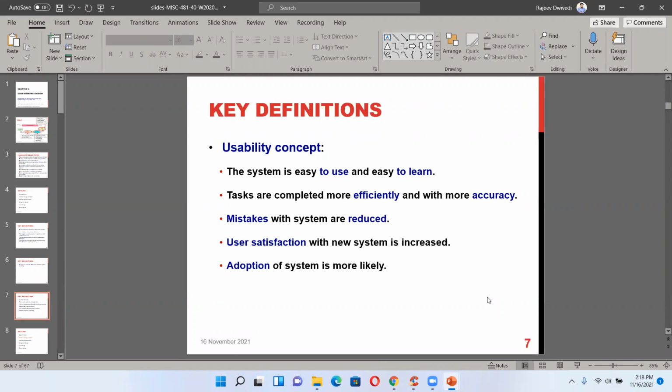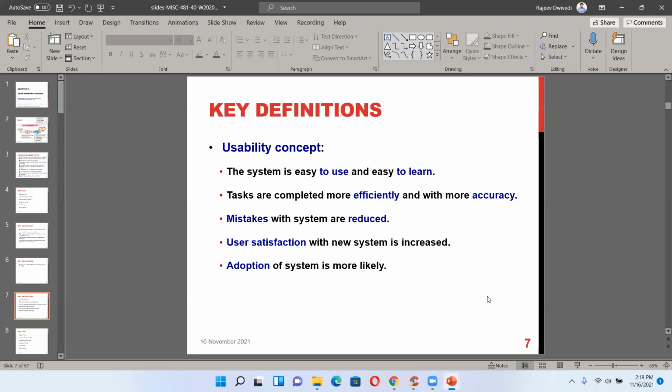So key definitions using the usability concept. The system is easy to use and easy to learn. So basically, if you are visiting any website, suppose after graduation you want to do a master's. I believe you want to do a master's in Washington State.